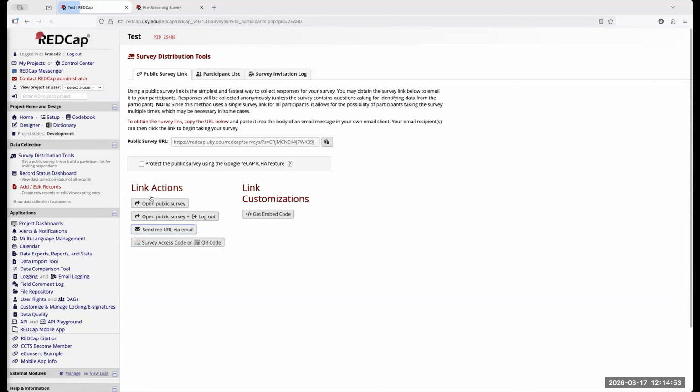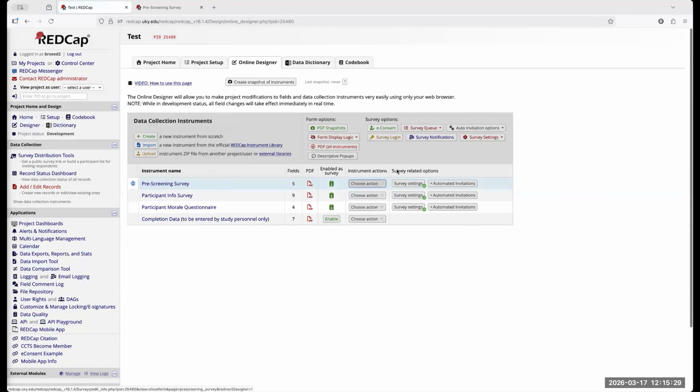For your surveys, your first survey is the only one that will receive a URL link to that survey. All your other surveys must be toggled off of either that survey queue or that automatic invitations. Now, you can manually send those surveys out, but you're going to need an email address or something like that. If you want REDCap to do it all automatically, you need to use one of those two options, the survey queue or the automatic invitations.